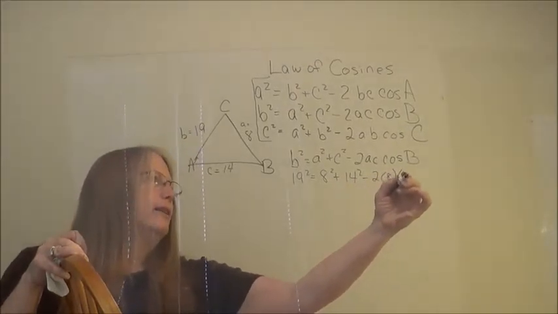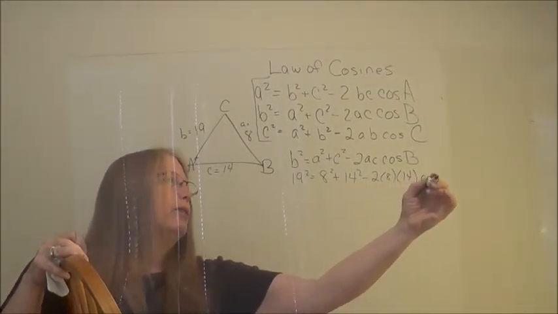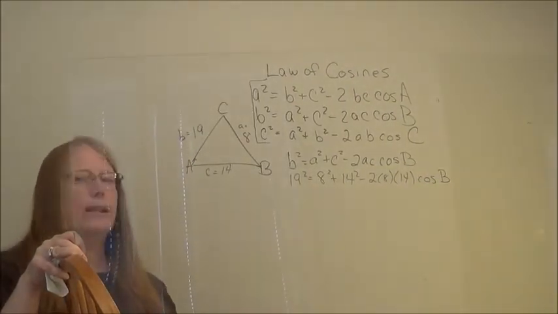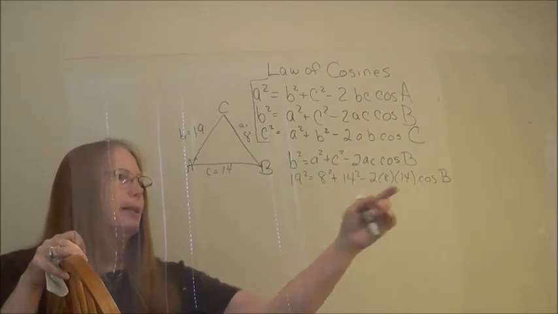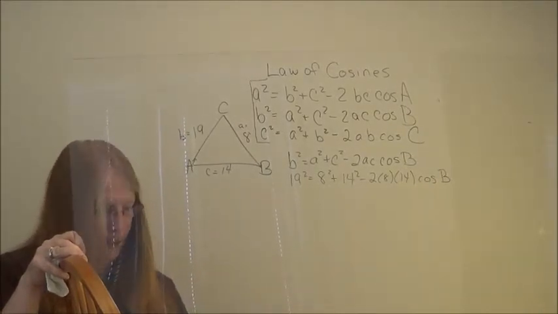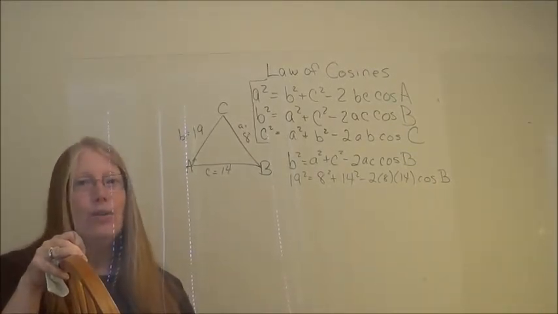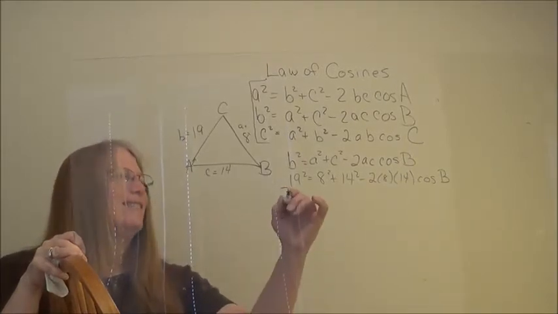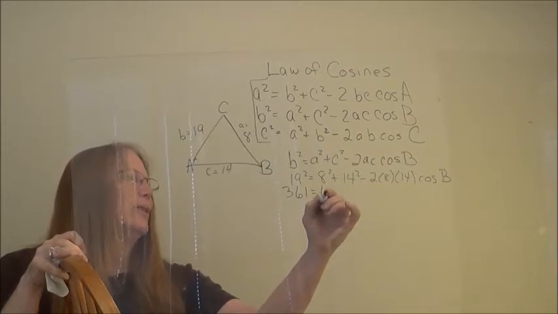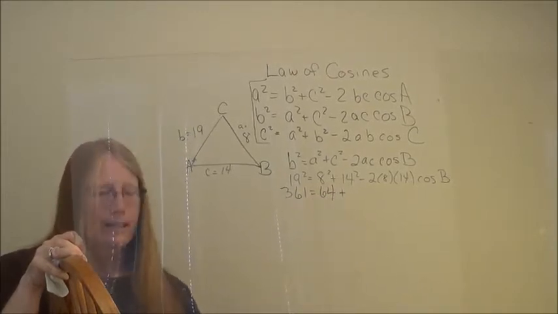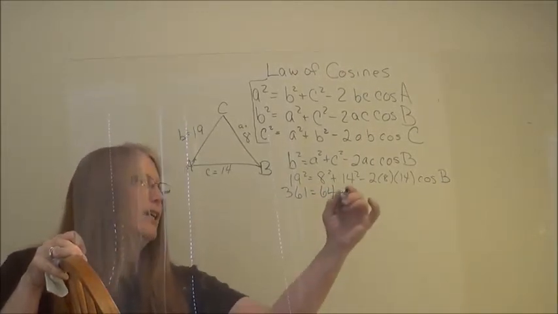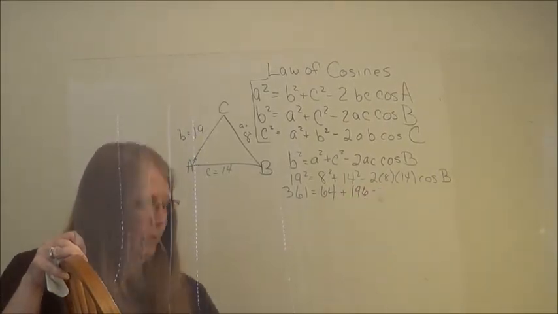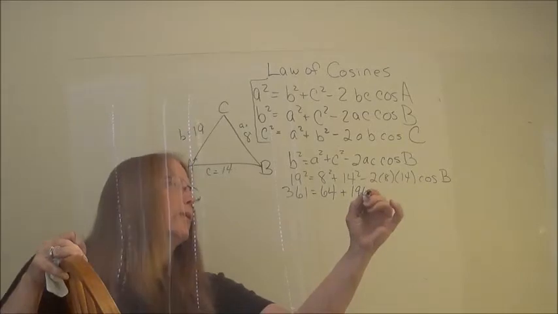So they go in like this. When I do this step in the law of cosines, I'm finding angle B. Alright, so 19 squared, do you know it? Did Miss Ing teach you all those squared numbers? It's 361. Plus 64, and what's 14 squared? 196. Minus 2 times 8 times 14, which is 224